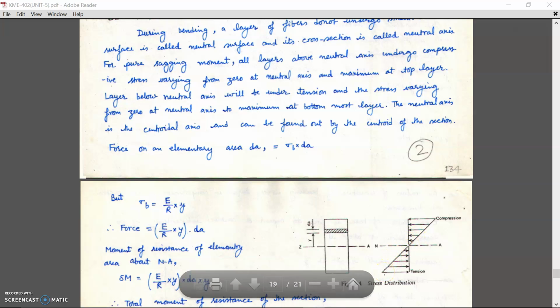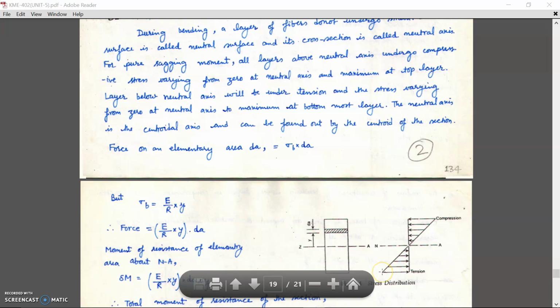And you know by your own experience, if you bend something, then that object will crack from the outermost surface, because at the outermost surface the maximum bending stress reaches its permissible limit of the material. That is why cracks appear at the outermost surface, right? So that is the only reason. And mathematically we can see that at the outermost surface it will have maximum amount of compressive stress or maximum amount of tensile stress.